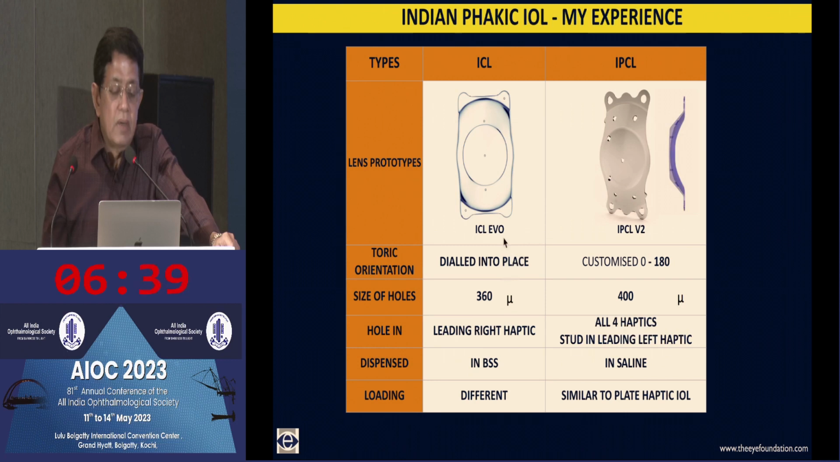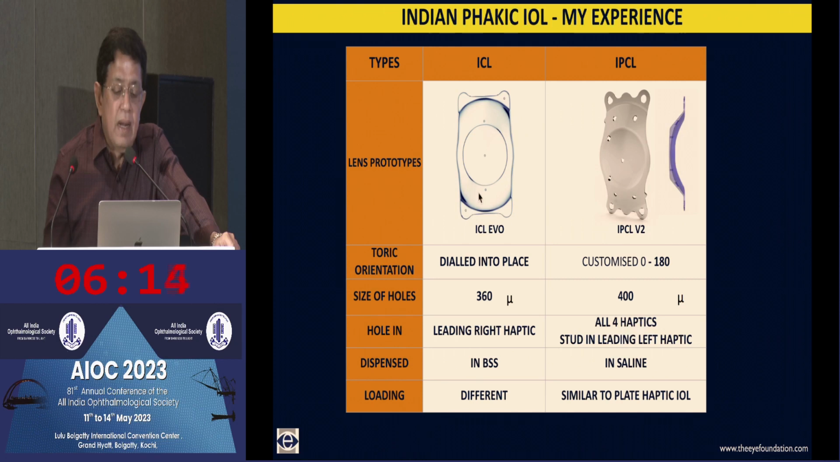The size of the holes creating a central hole itself was controversial. Kimiya Shimizu first came up with this concept, and they determined that if you have a 360 micron hole, it does not have any visual dysphotopsia impact, and the IPCL has a 400 micron central hole. And the most important aspect that you need to understand if you're using both these holes, as far as implanting